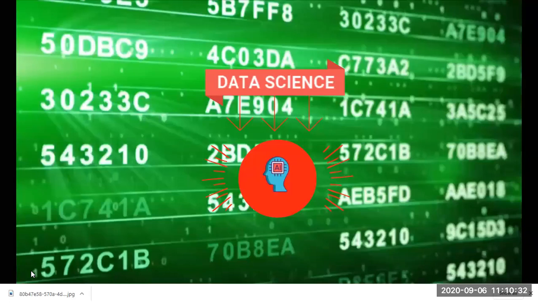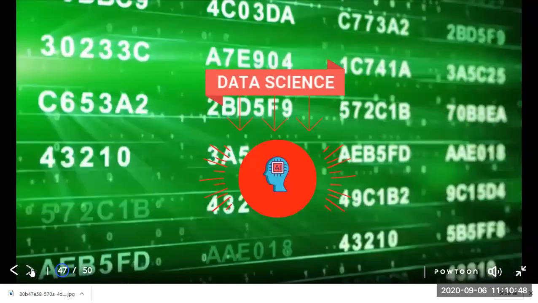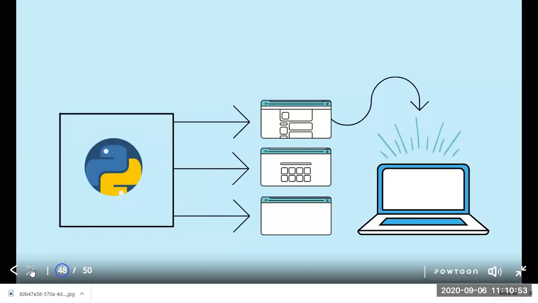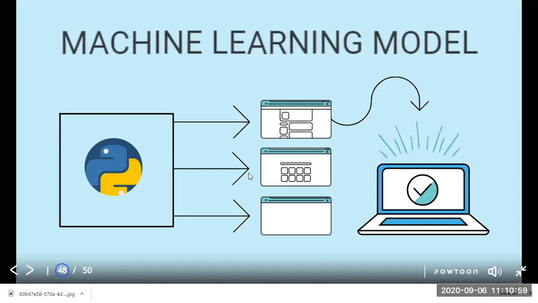But as a human being, at some point of time, they got frustrated in order to perform this task on a daily basis. That is the reason they thought, okay, let us just train some machine in order to do this task on a daily basis. At that point of time, they have to use one programming language in order to train the machine. In order to train the machine to perform some statistics in order to get the output, they should be using one programming language. Why? Because machine will understand what? Only the language, correct, right? If you want to instruct the machine, you have to use the programming language. Using that programming language only, you can perform the task. That is technically called machine learning, or some of them might be calling it a machine learning model.